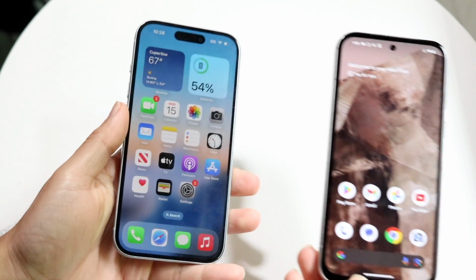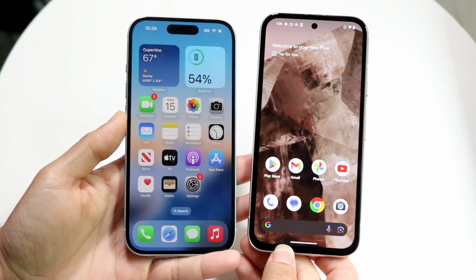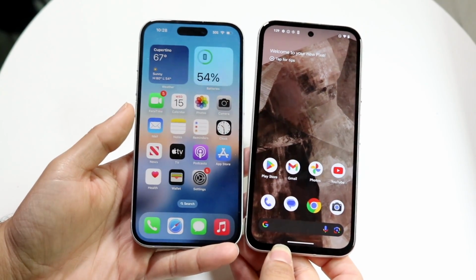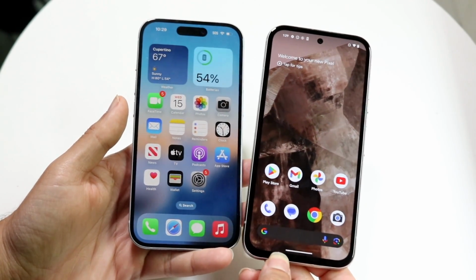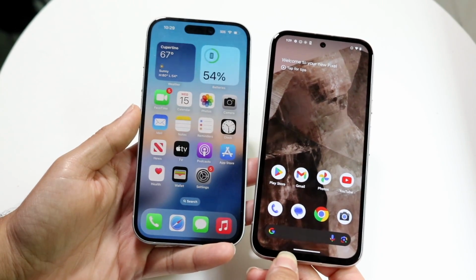Hello everyone, the Google Pixel 8a has just officially come out, so let's take a look at it against the iPhone 15 and see which phone is better for you. If you have all the money in the world, the iPhone 15 is probably the better one, but the Pixel 8a is still a very good device that I like. Between both, there's a good chance you'll buy the iPhone 15, but I think the